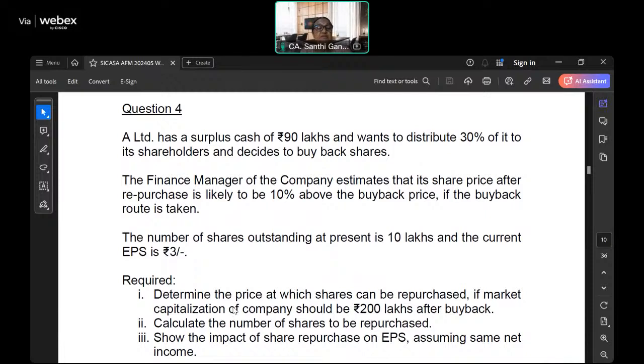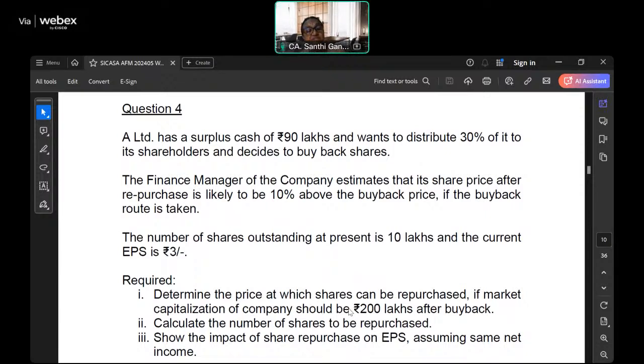When you return it as dividend, the problem is that investors would expect a high dividend every single year. Therefore, if you have surplus cash and do not have enough investment opportunities, you might choose to buy back the shares so that you will get the same earnings on a lower investment base. That would be better for the equity shareholders because there will be an increase in earnings per share.